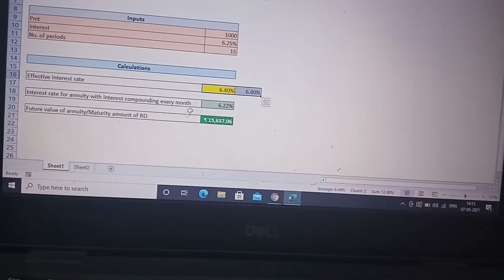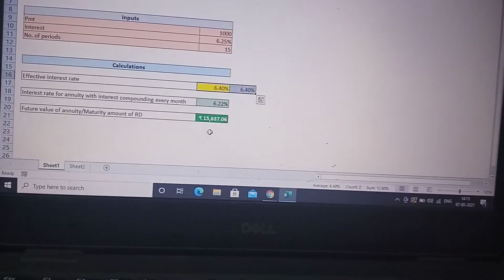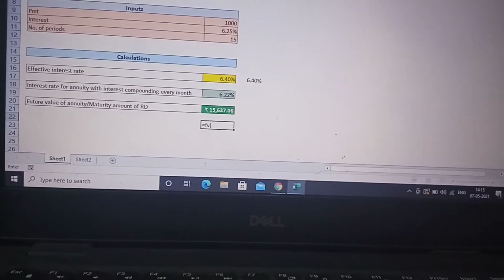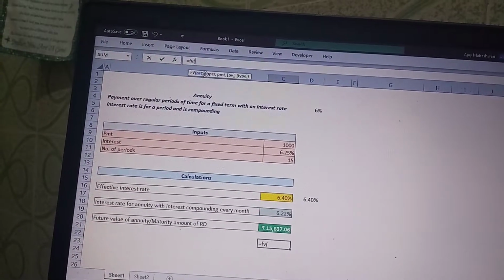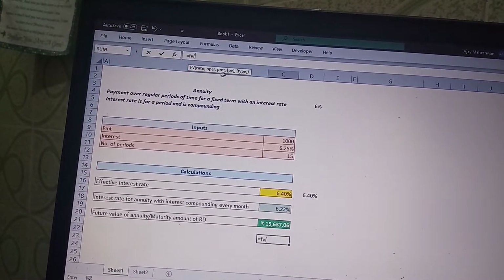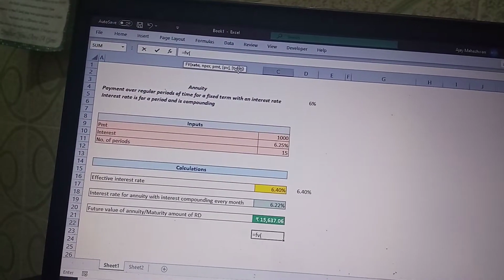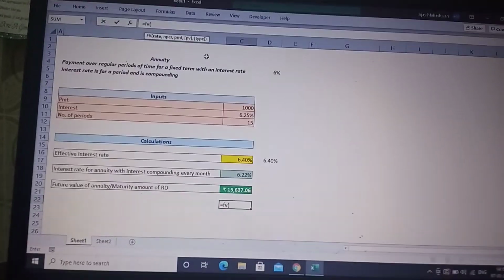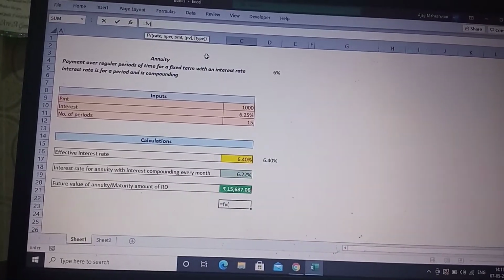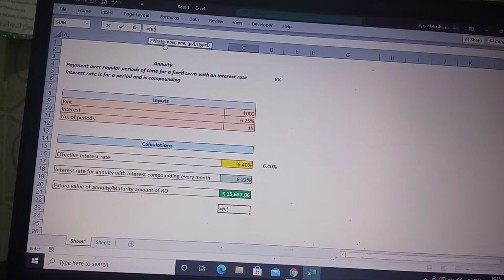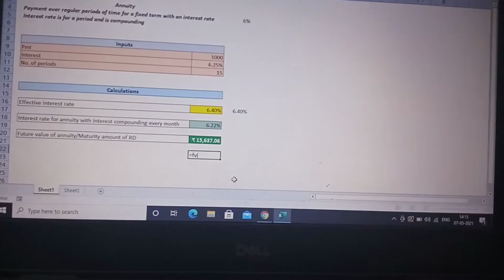Now the formula for the future value of an annuity in Excel is FV. Here I need to put the rate, number of periods, payment amount, present value, which is an optional field, and the type of annuity, whether I am making the payment at the start or at the end. So for this formula I need these 4 variables at least. So rate, what rate should I put in?